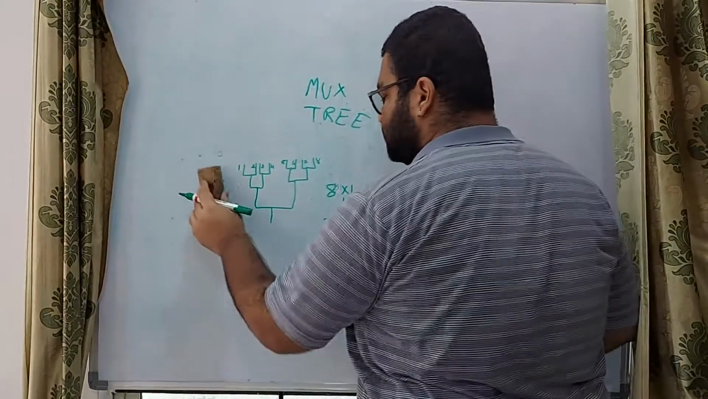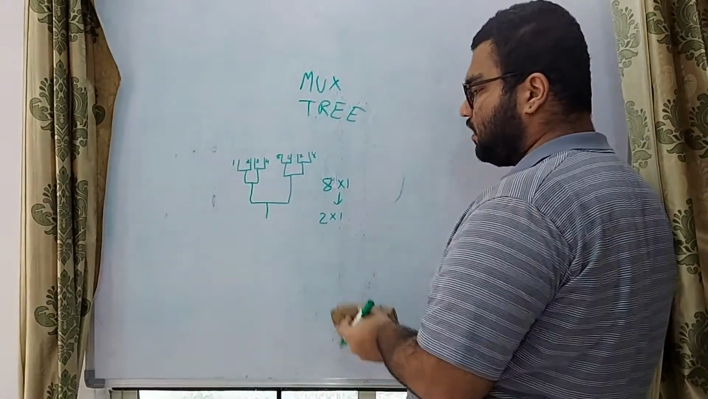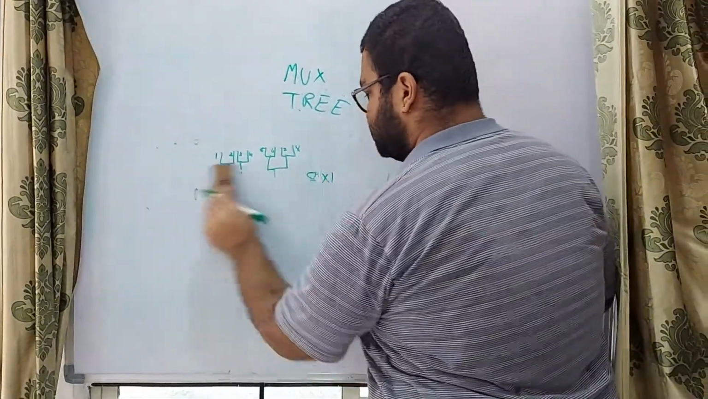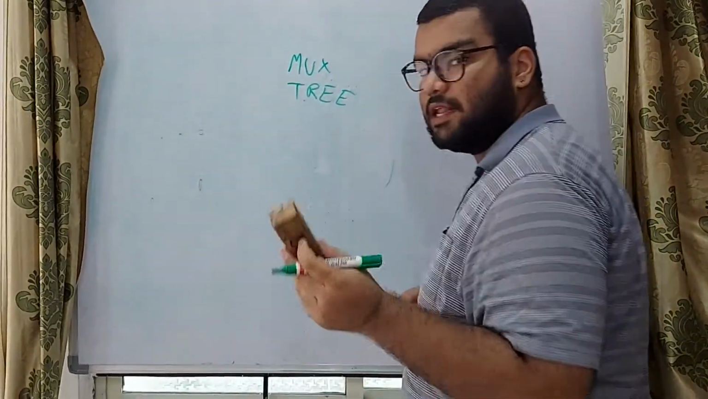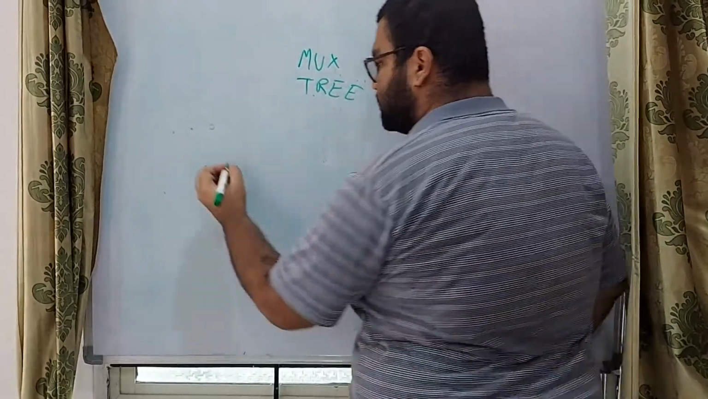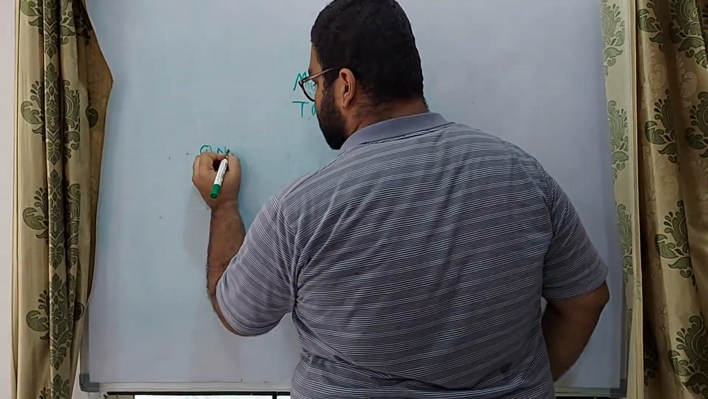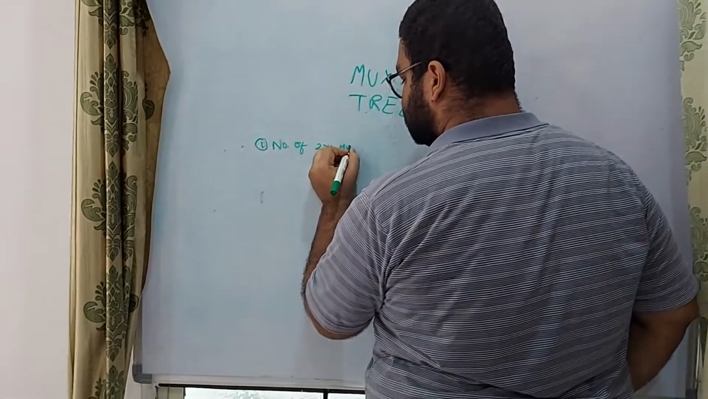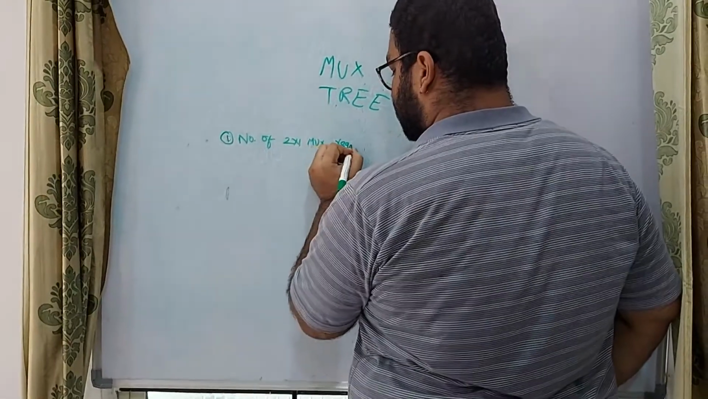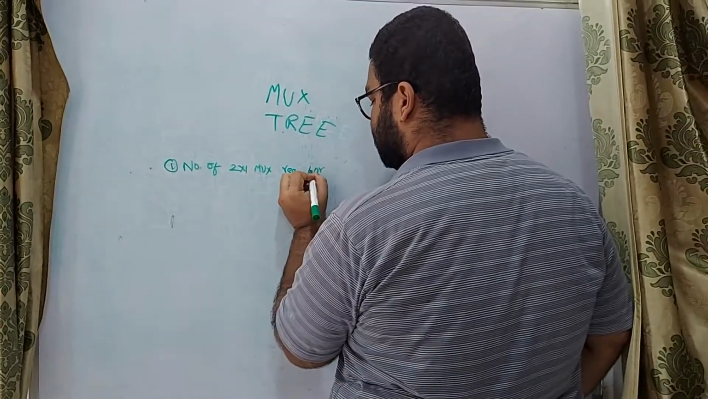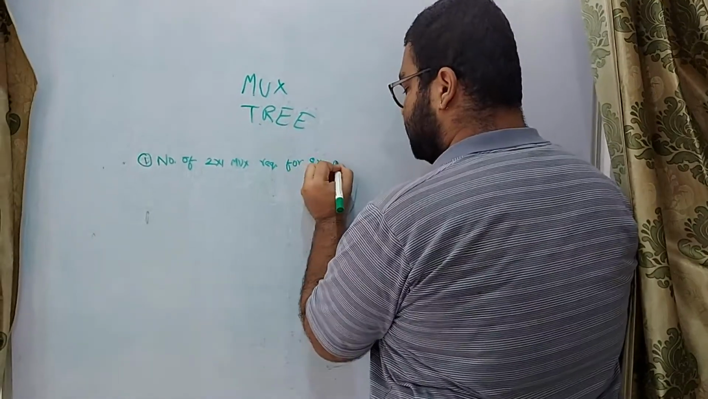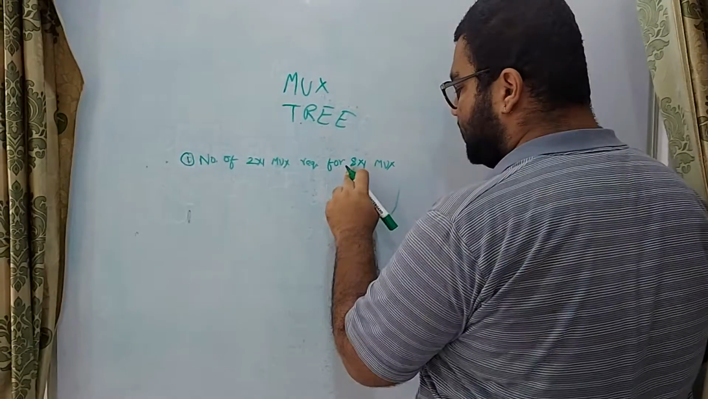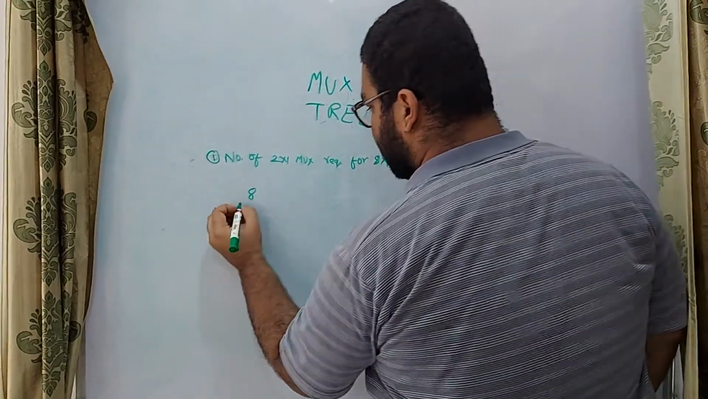So now we are going to see how many 2x1 MUX are required to build an 8x1 MUX using 2x1 MUX. I am going to explain how you would find the number. So the question is: the number of 2x1 MUX required for an 8x1 MUX. The first step we have to do is divide the higher order by the lower order,